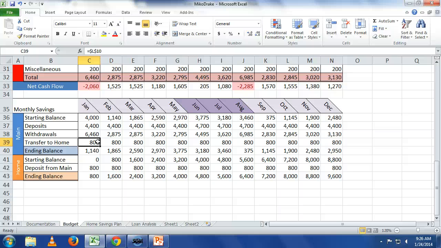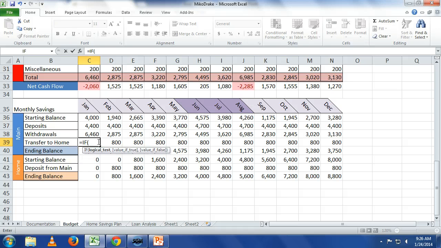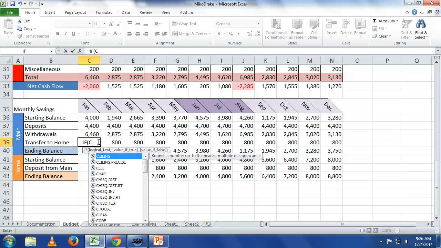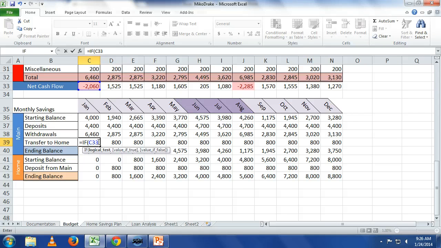So we're going to do that with an if statement, right? So that's L10, so let's delete that, and I'm going to put in equal if, and how do you think I want to write this? If what? Someone give me the syntax that I want to put in. Okay, if C33 is greater than 0, and that's fine being relative because I'm going to copy it over, it's going to look at D33. If C33 is greater than 0, comma,